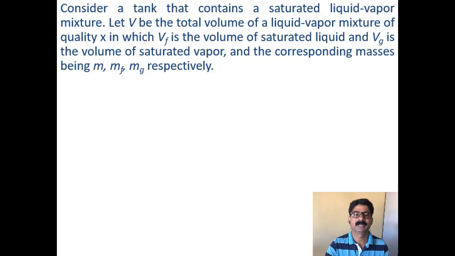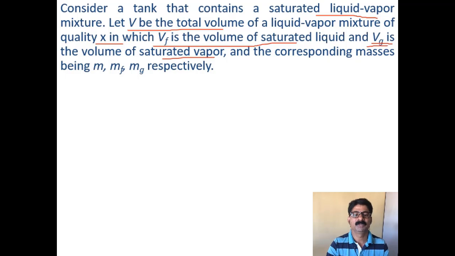Now if you consider a tank that contains a saturated liquid vapor mixture, means it is a two-phase region, let V be the total volume of the liquid vapor mixture of quality X, because whenever I say it is a two-phase mixture, it should have a quality X. So your total volume of the container is V, out of which Vf is the volume of the saturated liquid and Vg is the volume of the saturated vapor, because it is a mixture, so some portion is liquid, some portion is vapor. So saturated liquid portion, the volume is capital Vf, and saturated vapor portion, the volume is